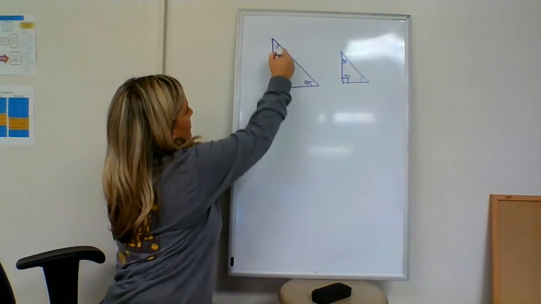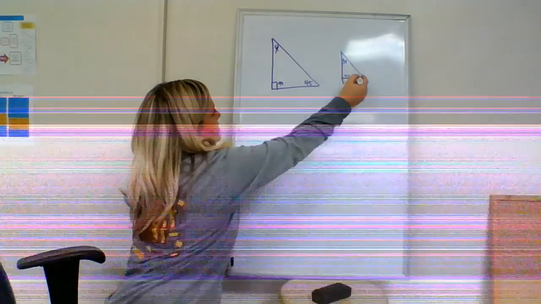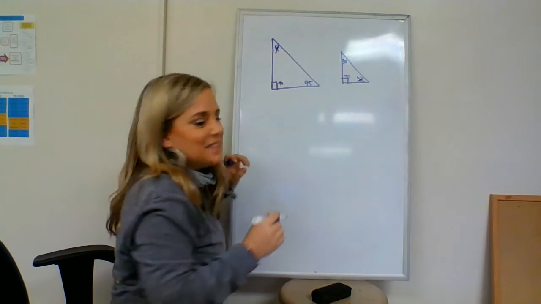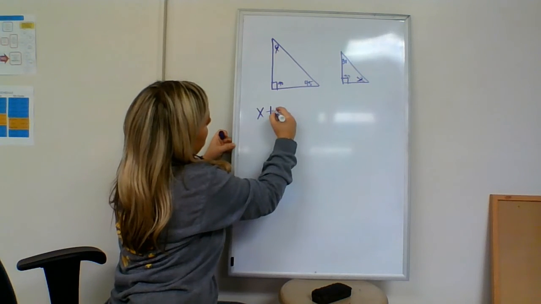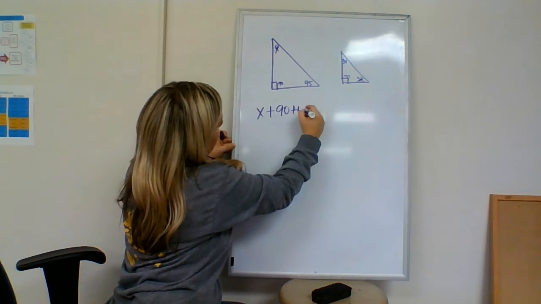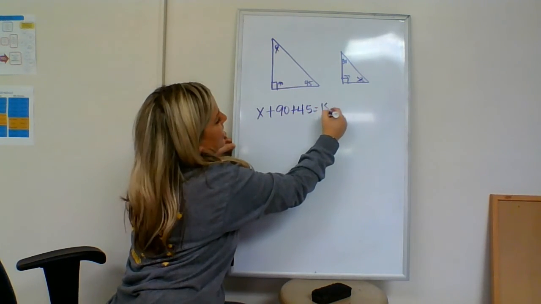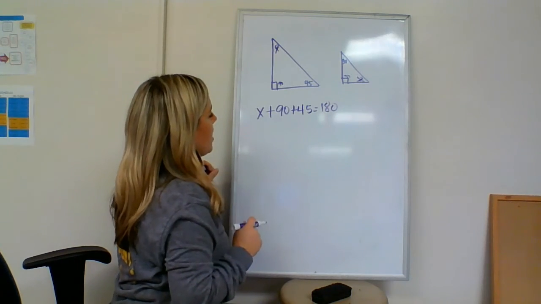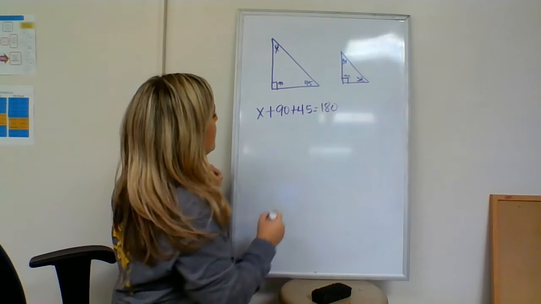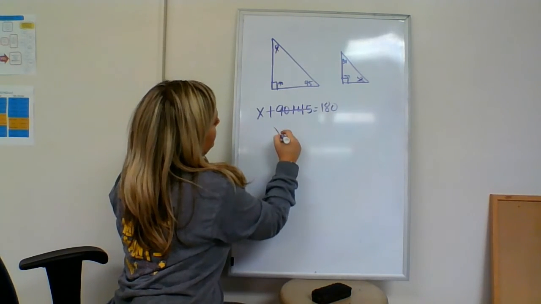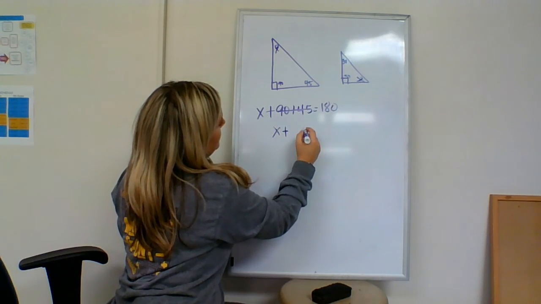So I'm going to start here. I'm going to make this x. Sorry, I'm going to make these x because I like working with x's. All right, so we have x plus 90 plus 45. That has to add up to be 180. And if you want to use your calculator, use your calculator. So we have x plus